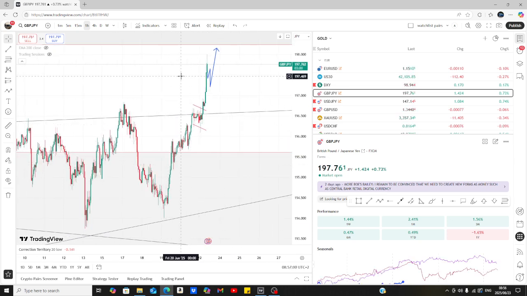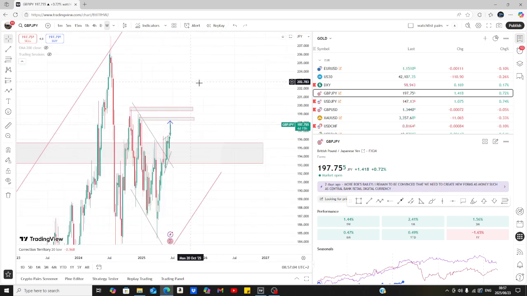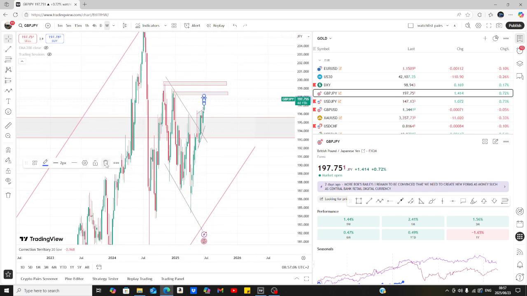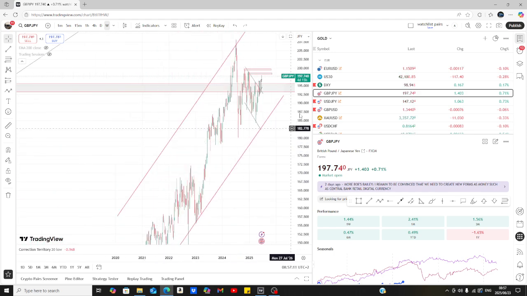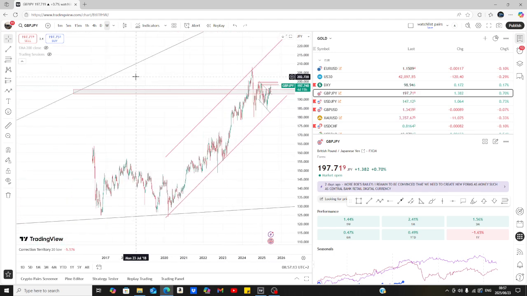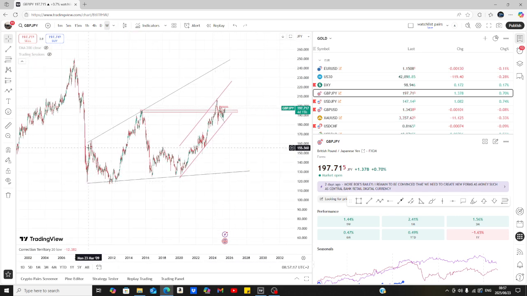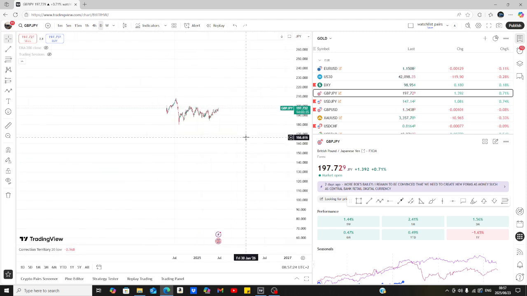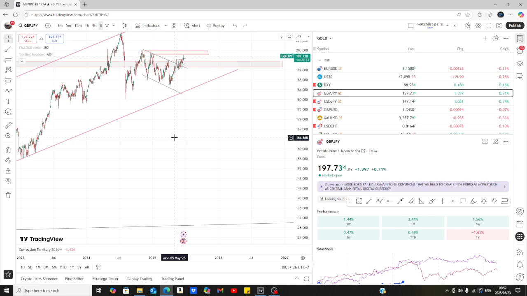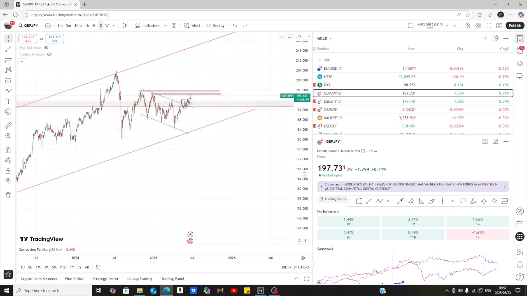One interesting pair is GJ, so I had to go all the way back to the weekly chart just to have a clearer bias on this, because previously it was in a downtrend. But if you look on the weekly time frame, we're actually in a larger expanding pattern. So with this oversight now, we can go back to the lower time frames and try and deduce what's happening. Since we're in the larger expanding channel and we are in an uptrend,